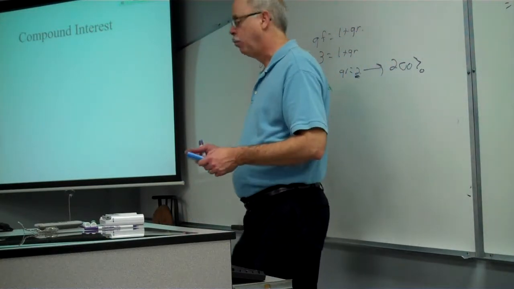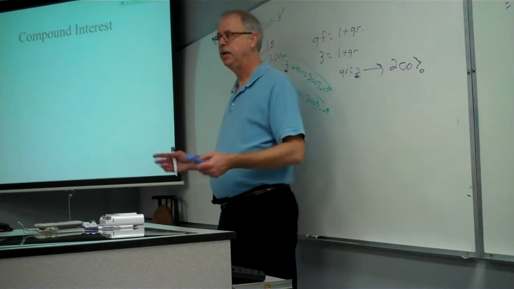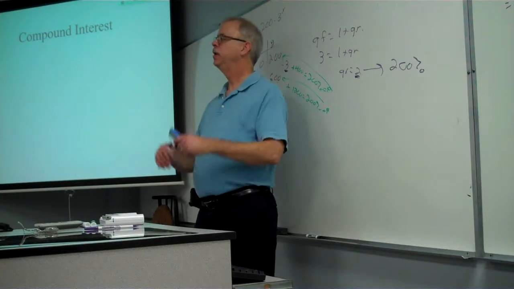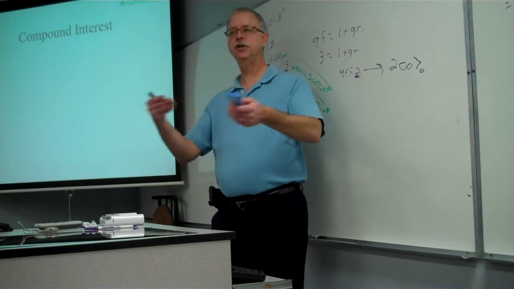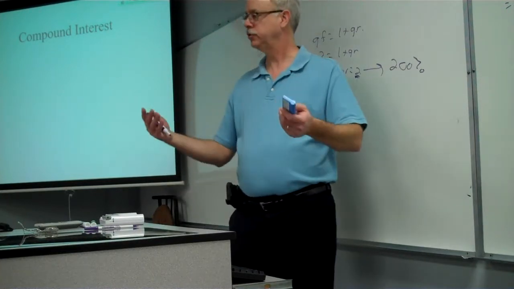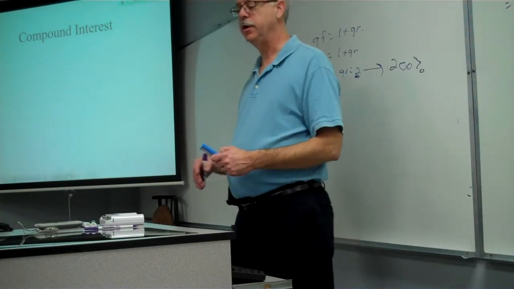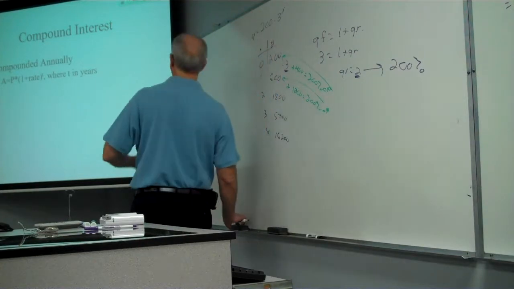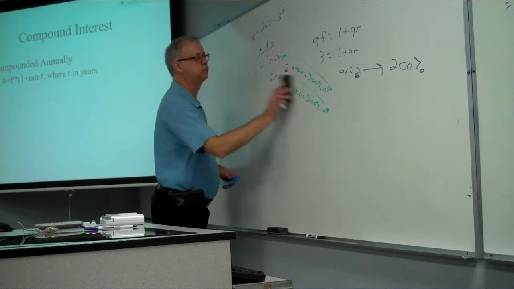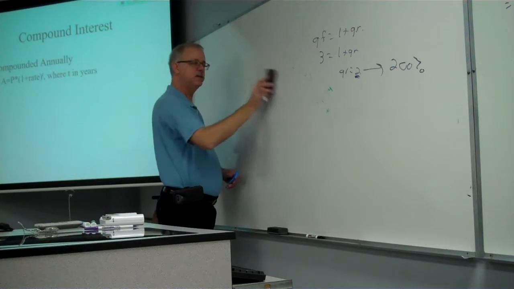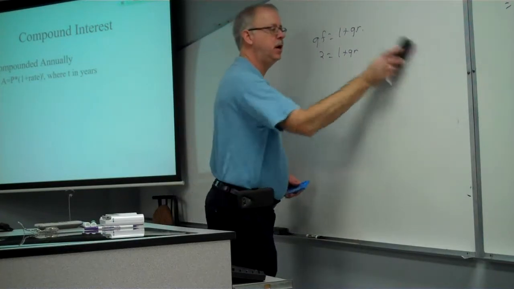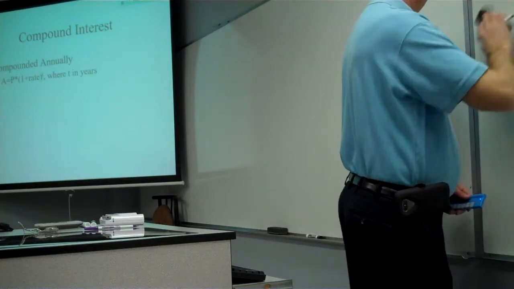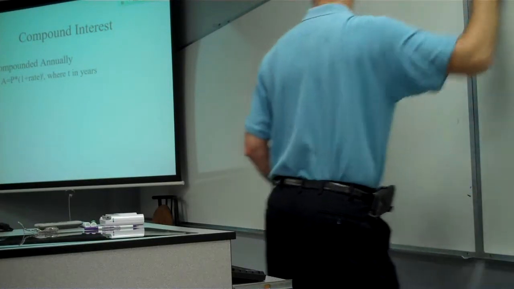Now, as I said, one place this definitely comes up all the time is the idea of investments. You invest some money, it gets some interest. At some point, that interest goes into the account, and the interest starts getting interest. So you get what's called compound interest. With compound interest, there are a number of ways you could do this. One is just wait till the end of the year. At the end of the year, put in the interest. So if we're compounding it annually,